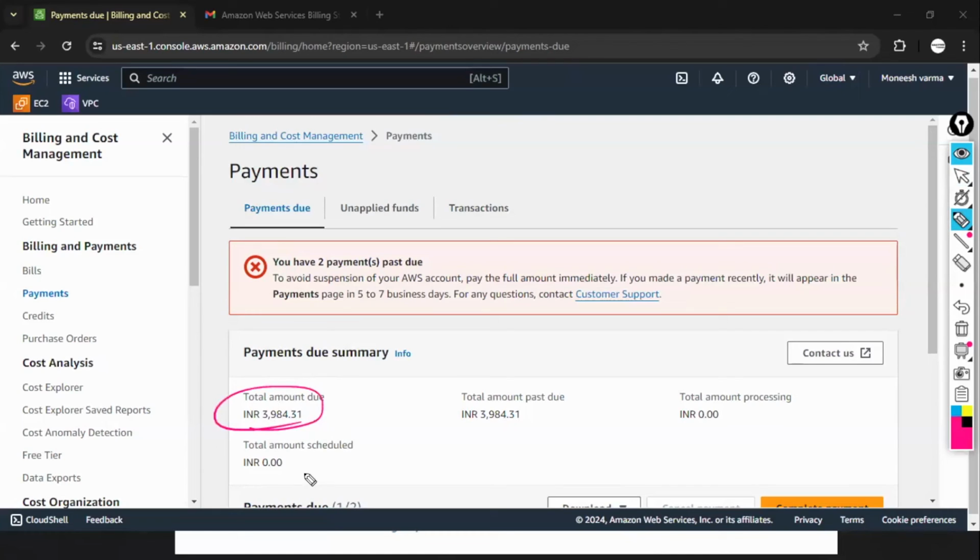But if you don't pay at all, you cannot open it because it is suspended. To remove the suspension, either you need to pay the bills, or you simply ignore that account and create a new one.